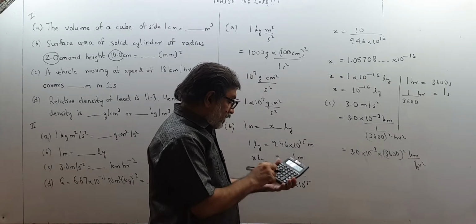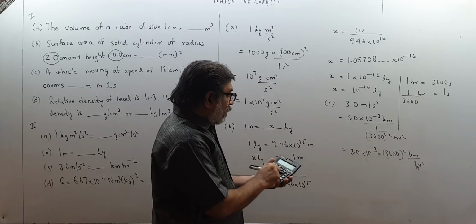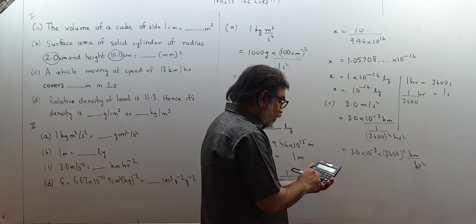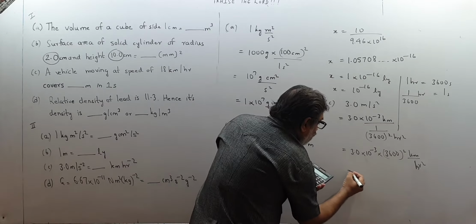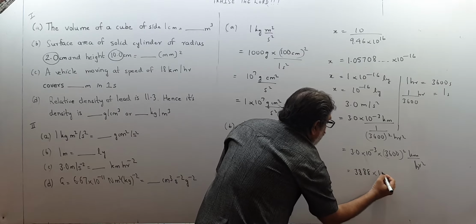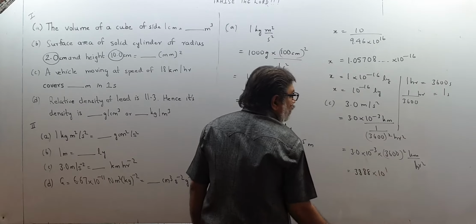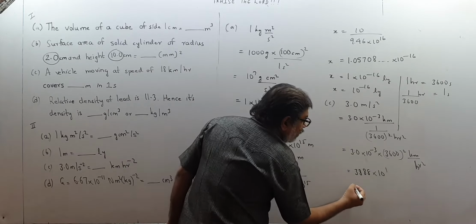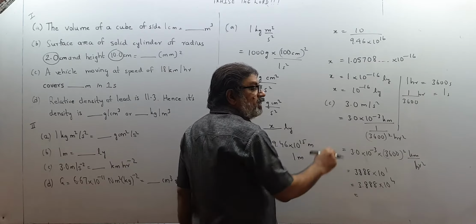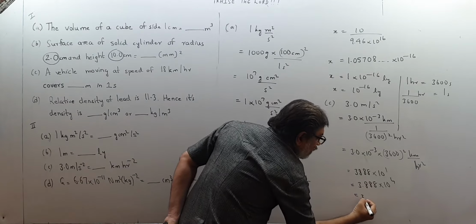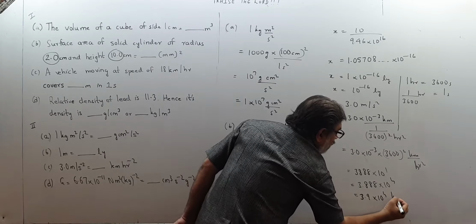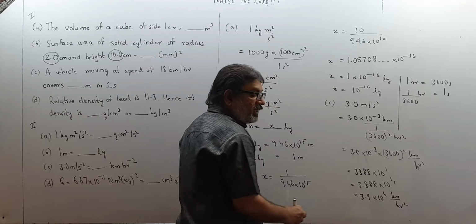Now let us see what it is. So this is 3 into 3600, or I write 10 raised to 4 separate. So 3 into 36 into 36. That is coming out to be 3888 into 10 raised to 4 from here and minus 3 to 10 raised to 1. But I want only up to 1 decimal. So please shift over here. 3.888 into 10 raised to 4, and then only 2 significant digits and 1 decimal. So I write it as 3.9 into 10 raised to 4, and that will be how much? Kilometer per hour square. Like this. This is the correct answer.